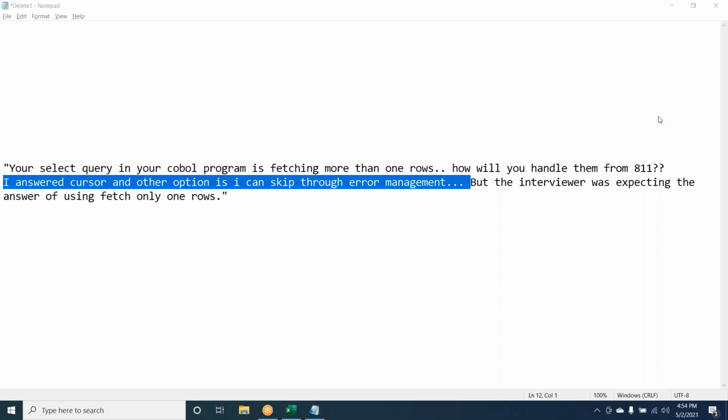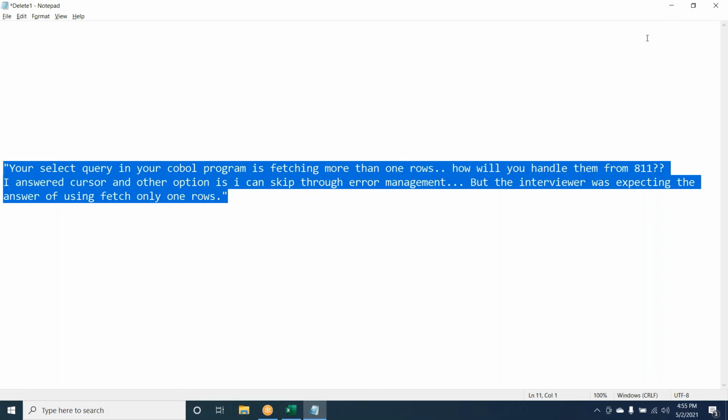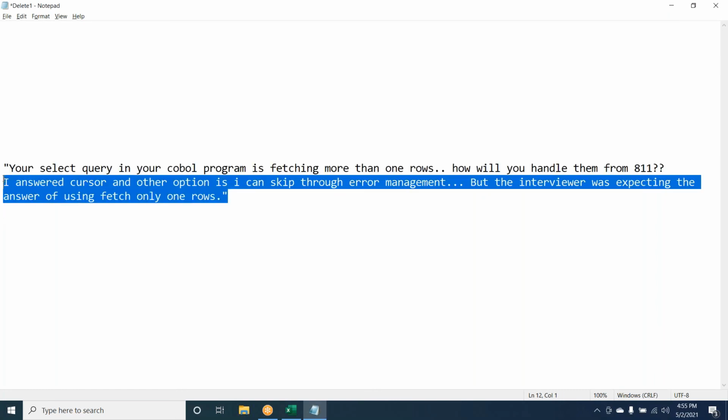Even if you use an array, how will that select fetch 5 rows? The question is how the select will fetch 5 rows and put them into the array in one shot. It cannot be done. My understanding is this question is asked for an existence check only. In that case only we can go with fetch first row.